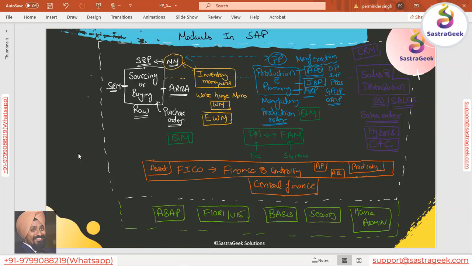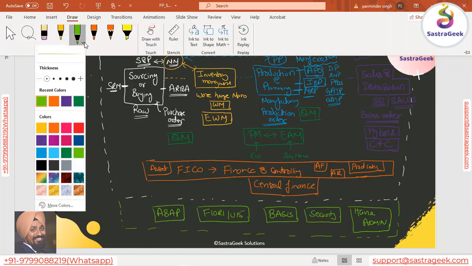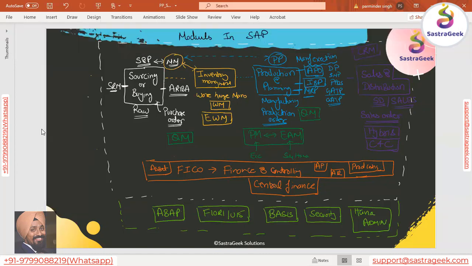Then there would be one more layer here, which will be your reporting layer. Let me also draw the reporting here. There would be some reporting tools and specific reporting consultants. Then there would be your BW consultant, business warehouse, which is used for the consolidation of data. Then there would be some BI consultants who work on the BW reports or the BI part.